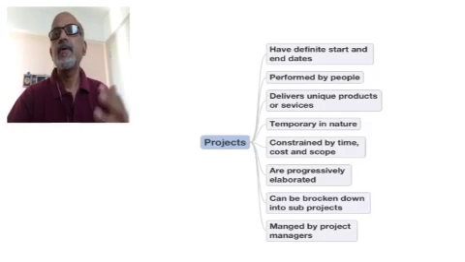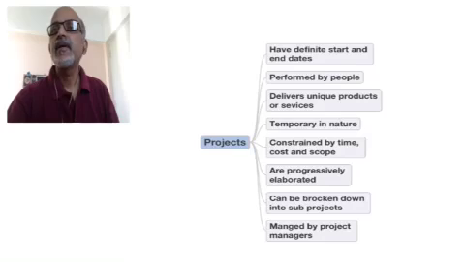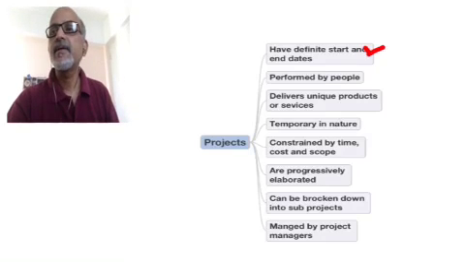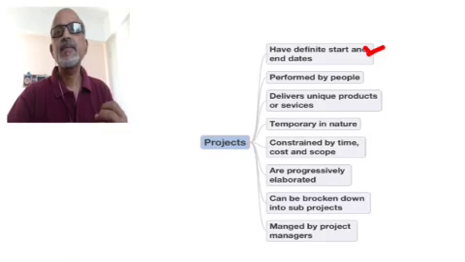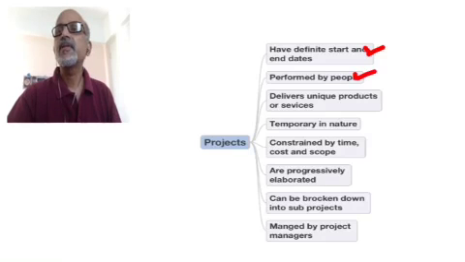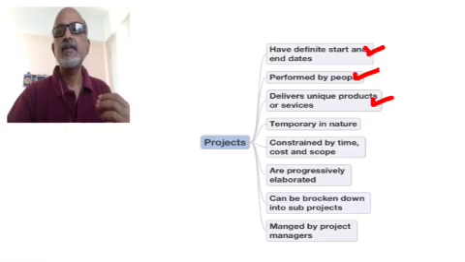Yeah, hello. This mind map explains what is a project and what is not a project. Every project has a definite start and end date. A project starts on a specific date and gets over on a predefined specific date. All projects are performed by people, and projects deliver unique products or services as an output, and they're all temporary